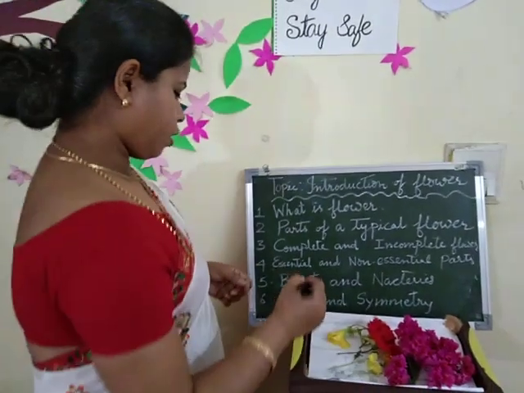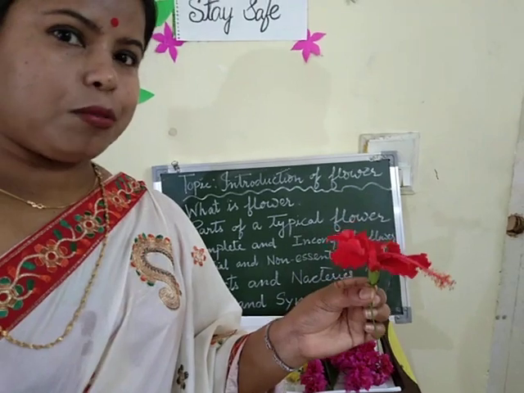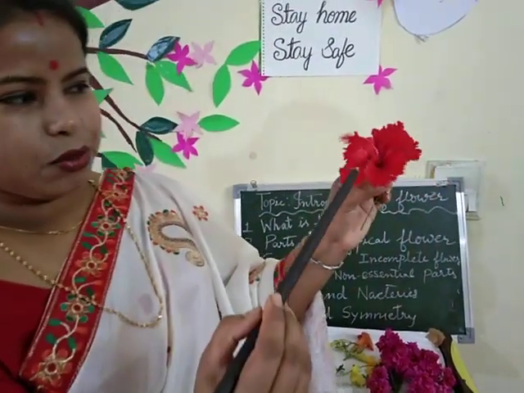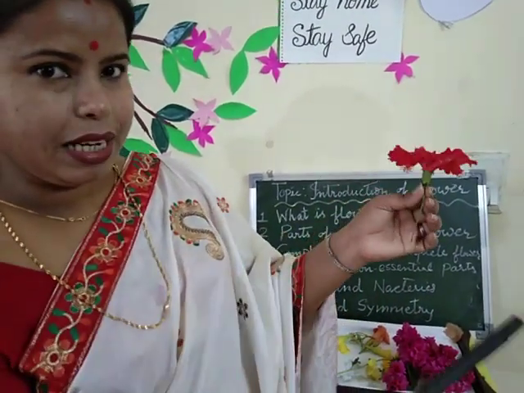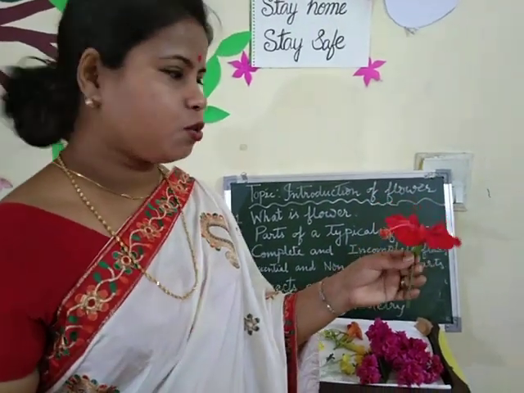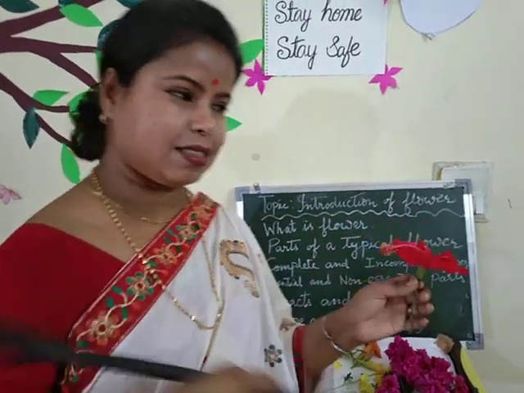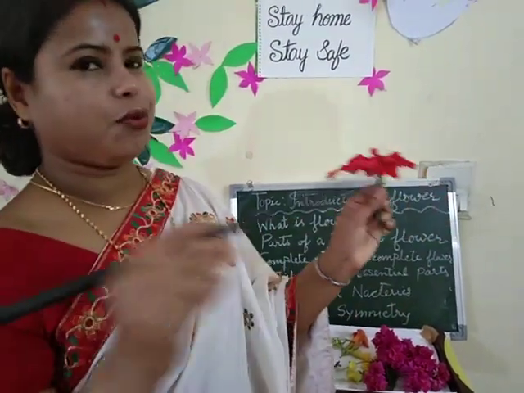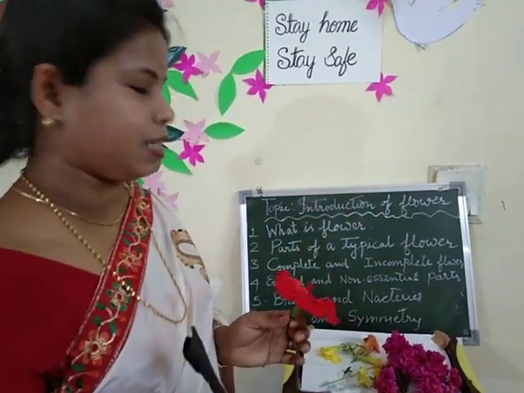Now, shape and symmetry. You have learned about shape and symmetry in maths. Now I am going to give you one homework. You have to find out the symmetry of this flower. Can we divide the flower equally? Or the mirror image. You can see it, mirror image. So today's activity, you have to collect 5 flowers that you can divide symmetrically, right? So collect 5 flowers that you can divide symmetrically. Today I am going to give you this activity.